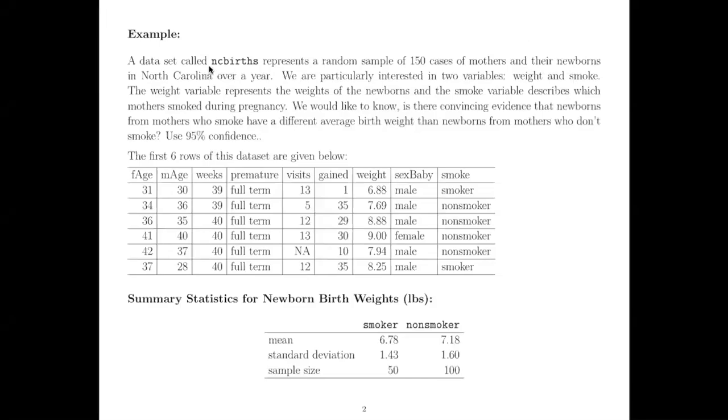So for this example, we're going to be looking at the NC births data set, which is housed within the openintro package in R. And it represents a random sample of 150 cases of mothers and their newborns in North Carolina in a particular year. So we're particularly interested in two variables: weight, which represents the weight of the baby when they're born, and smoke, which represents the smoking status, whether the mother smoked or didn't smoke